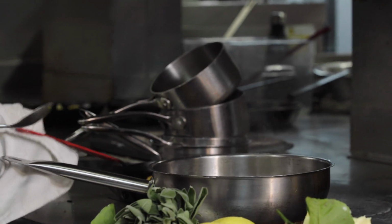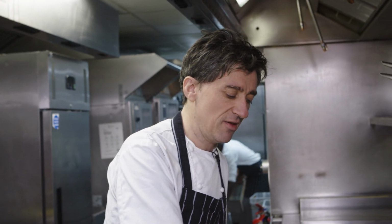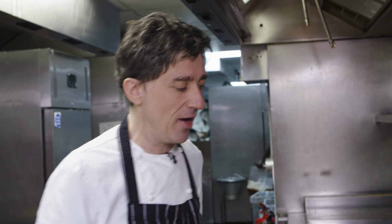Initially, I think when I got into Italian cooking, I was thinking, is this really it? Is this all I actually need to put on the plate? And then, wanting to add a little bit more, just because I didn't think I was adding enough on the plate. It's a bit silly really, but now, if I can get away with putting two things on a plate,